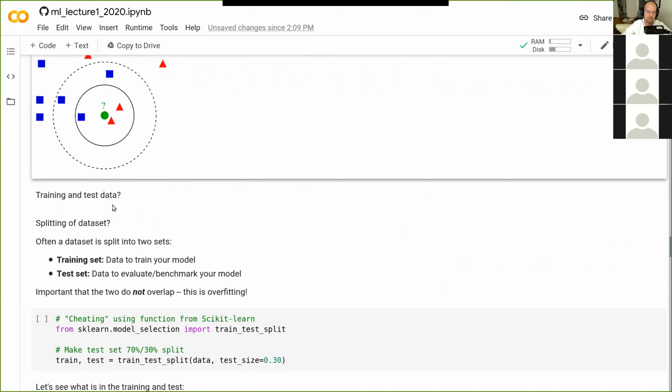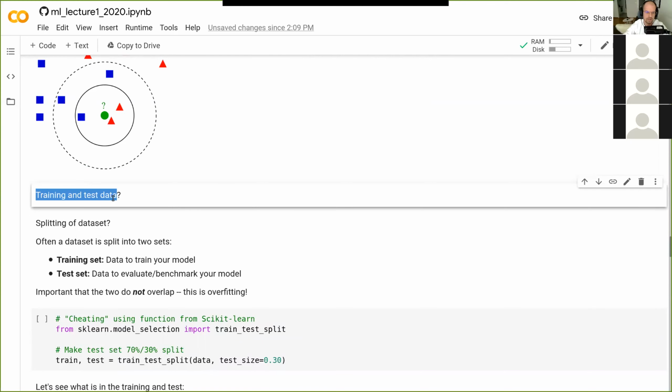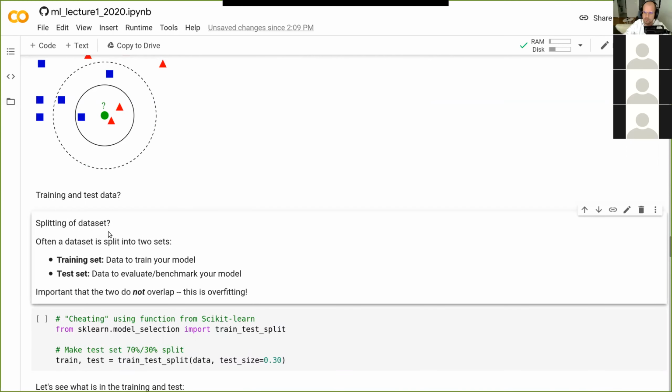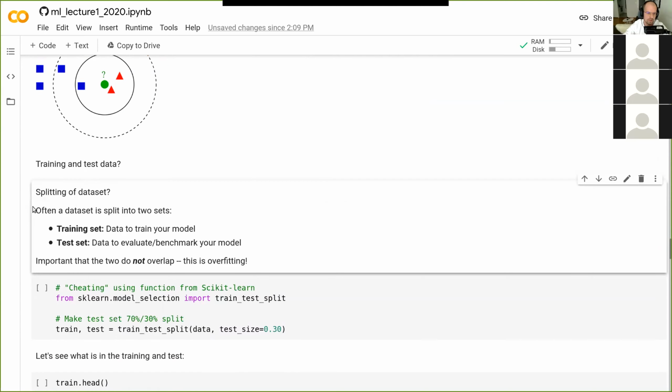And so to train our model and validate our model on this data set, we have to split it in 2 parts. So we need a training part that we can use to train our model, and then we also need a test part, so we can train our model on one part, and then calculate the accuracy on the other part. So this is what we call test and training data. I'm going to talk about this again tomorrow. So this is just what we need to know today. So we have to split our data set somehow.